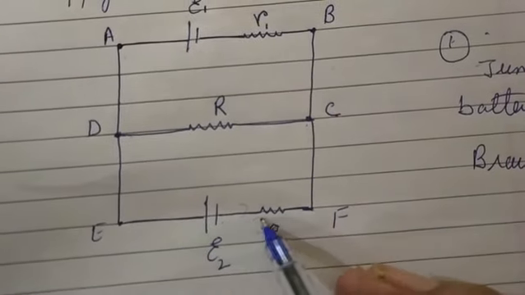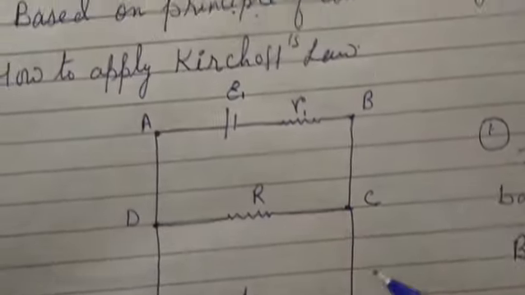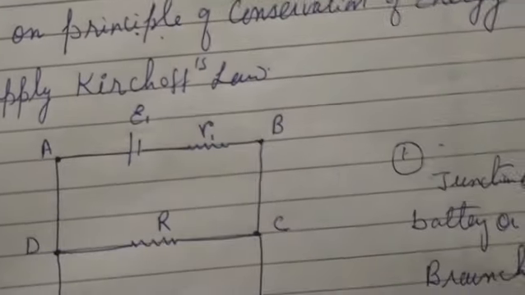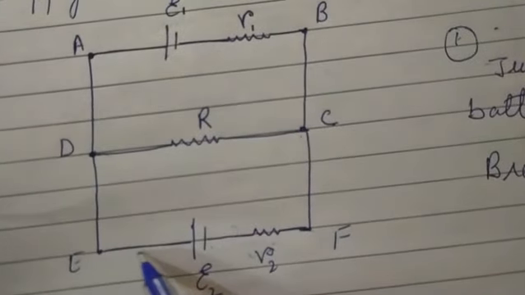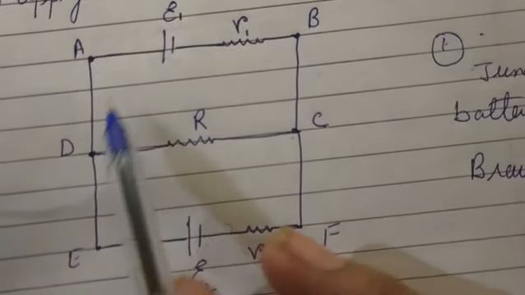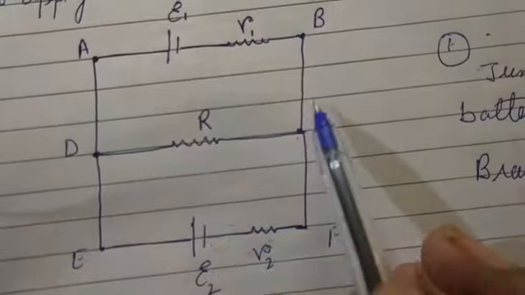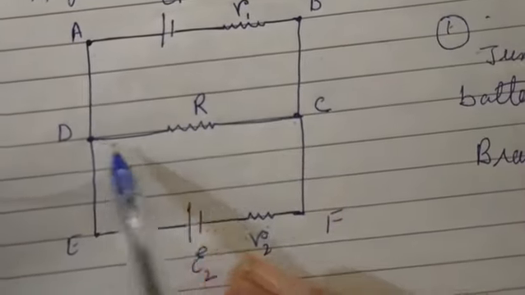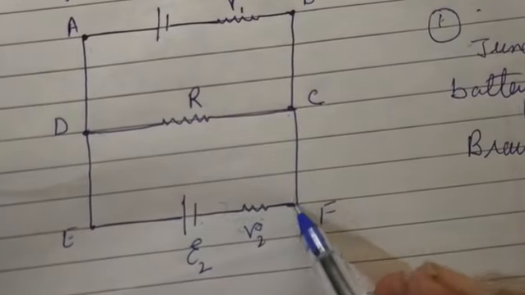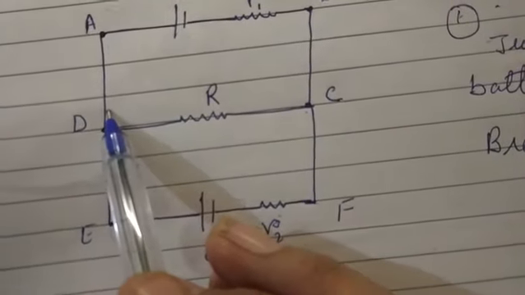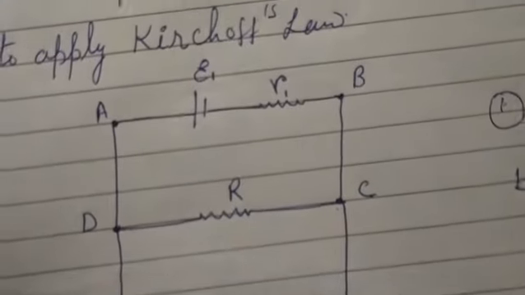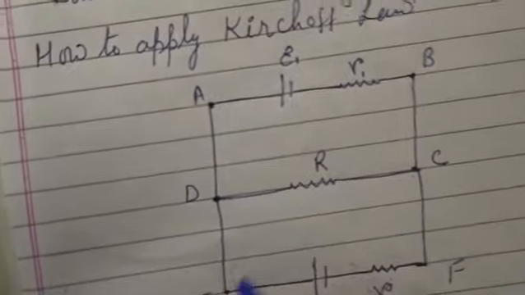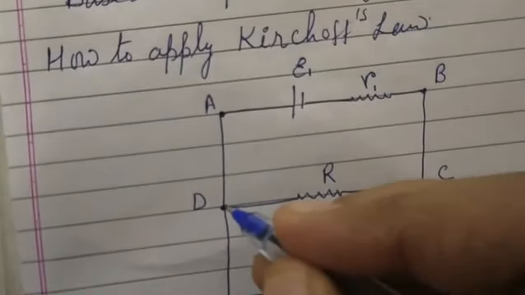So here how much current will flow? We can start from the battery also. If you want to start from the battery, we can, or in each branch also. Three branches are there. One is from C to D, the second branch is also C to D, and the third is from this C to this D. In each branch we can assign different currents, or we can start from the junction. So let's start from the junction.